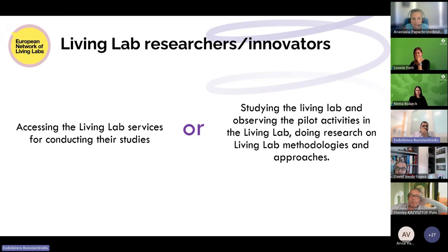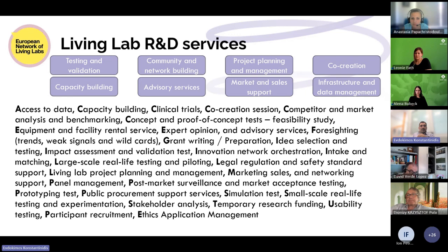We have 2 types of research taking place in Living Labs. We have the researchers that use the service of a Living Lab in order to conduct a study, but we have also the research community, the research that does research in the Living Lab methodologies and the Living Lab approaches. There are many Living Lab services. Here you can see some of them that we have studied, and